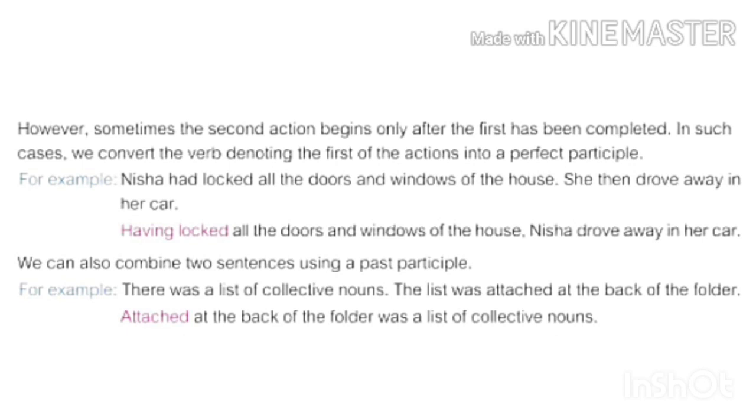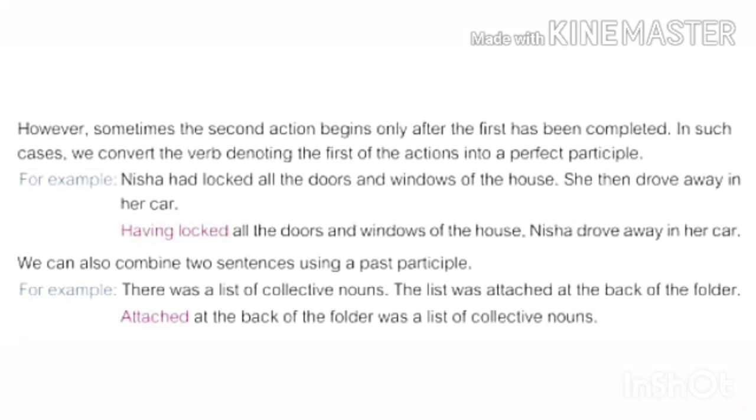So dear children, now we will go ahead with exercise G, H, I and J, and after that this chapter is over. So before we start exercise G, we will have to learn how we can combine a set of sentences using participles, okay? And as we know, participles are of three types: present participle, that is V1 plus ing, past participle, that is V3, and perfect participle, that is having plus V3. Okay, now let us see the examples first and then we'll start solving the exercise.